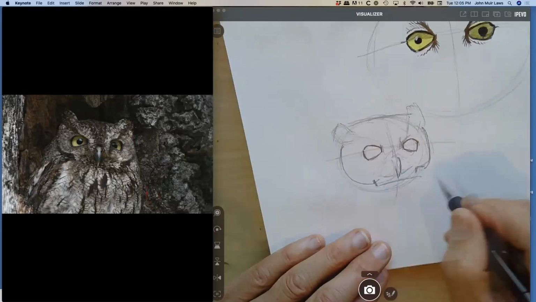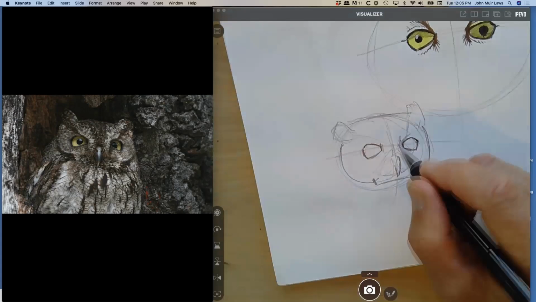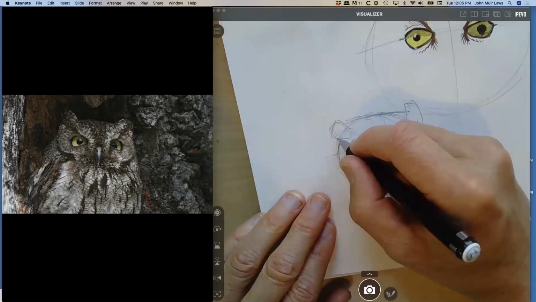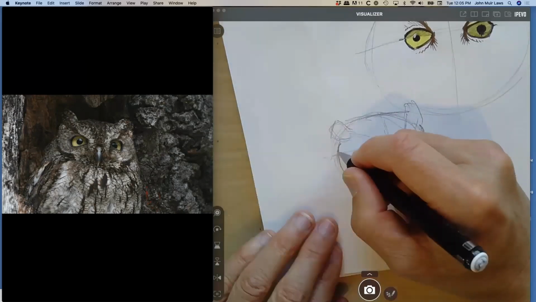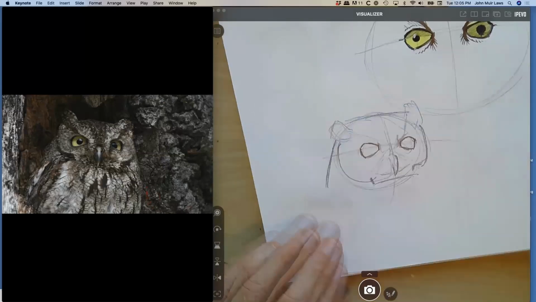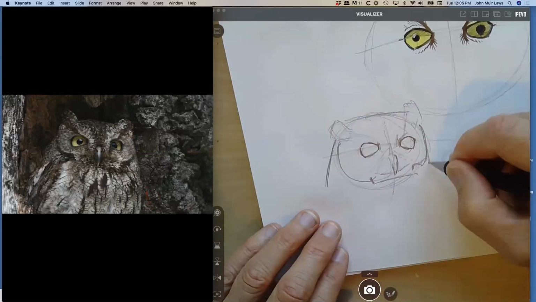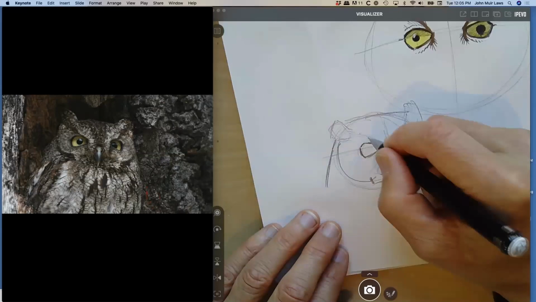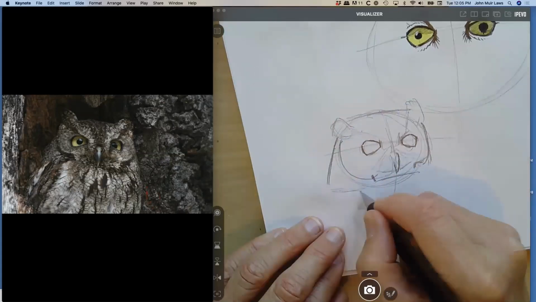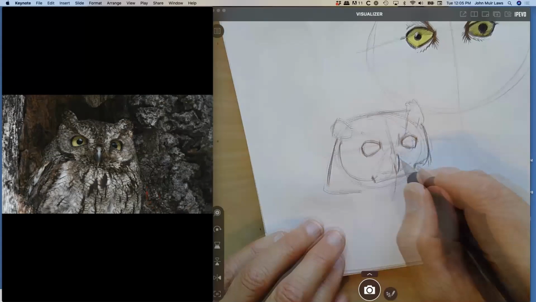On the far side, on the left side of this owl's head, I can see a little bit of the back of the head, but I'm not seeing that on the right. So I'm putting a little triangle there, and this gets my owl just looking over to the right